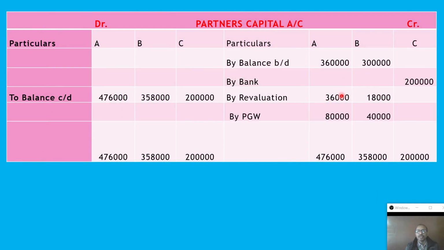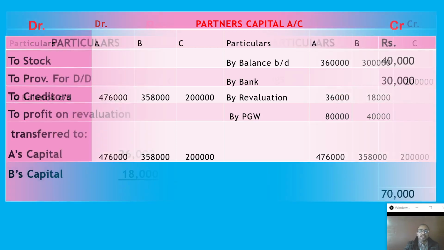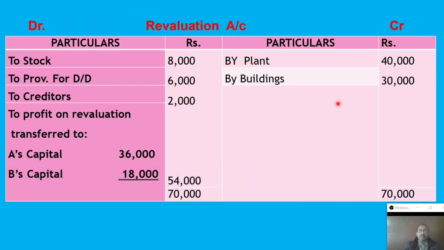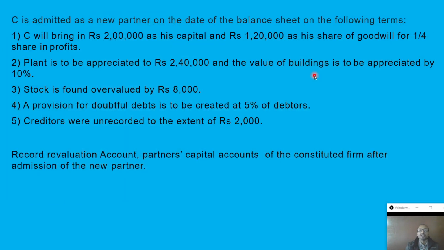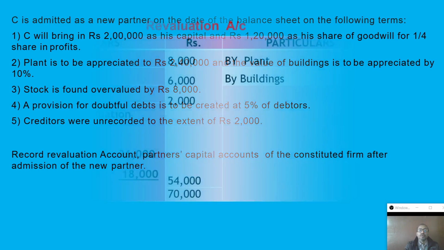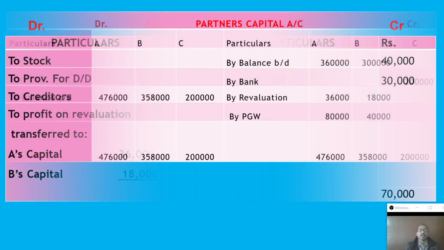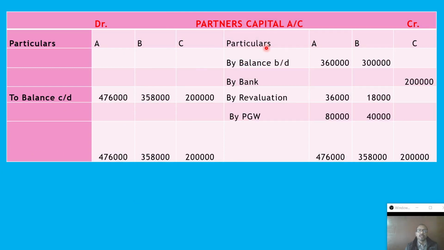Now after that, related to goodwill, 1,20,000 is contributed as his share of goodwill by the incoming partner. Here it is provided that 1,20,000 is contributed for 1% share of goodwill, and we know when a new partner contributes his share of goodwill money, at that time we adopt the premium method. Under the premium method there are two entries. First entry, cash or bank, anyone we can write here, both are correct. Bank account debit to premium for goodwill, that is the receiving entry, and another is the transferring entry, for those who sacrifice, to compensate those partners.